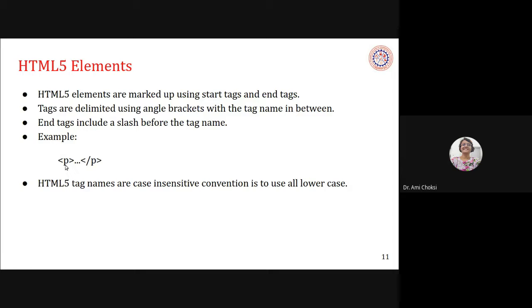As for example, we can say this p tag is starting, some text is there in between, and we can say this is slash p inside the angle brackets. That is the end tag, right? So tag names are case insensitive. The convention is to use all lowercase, right? Typically they are insensitive, but we use lowercase typically.